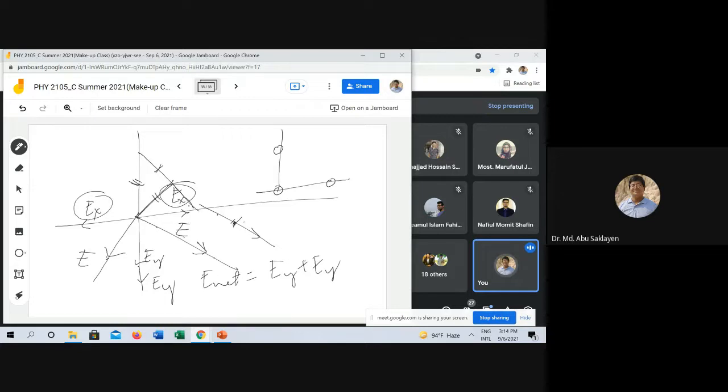Q1, Q2 and Q3 are there. So Q1 equal to Q2 equal to E and Q3 equal to 2E. This is distance D equal to given. So P is a point at the middle of the hypotenuse. Find the magnitude of the field and direction at point P. এইভাবে লেখা থাকবে, এই ফিগারটা দেওয়া থাকতে পারে।